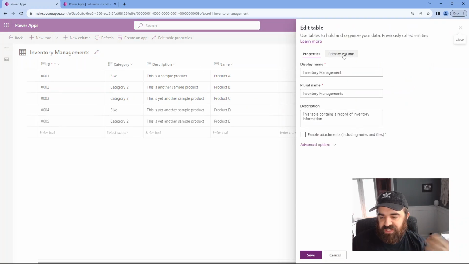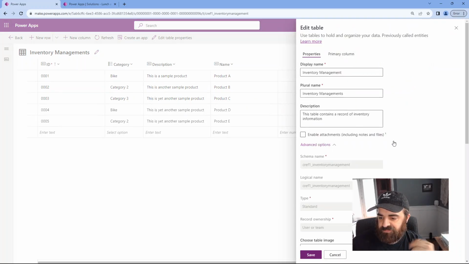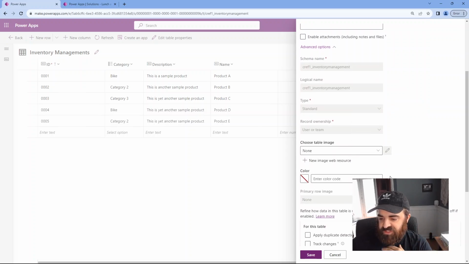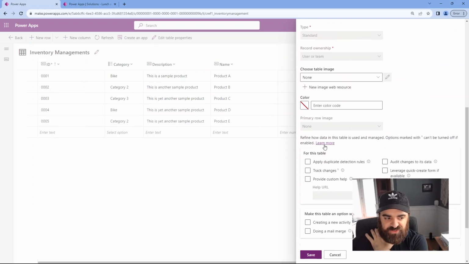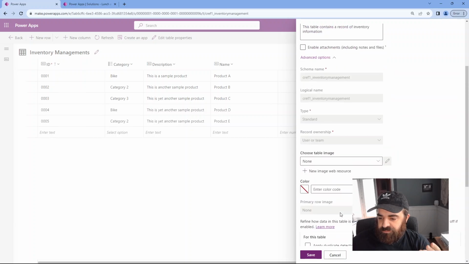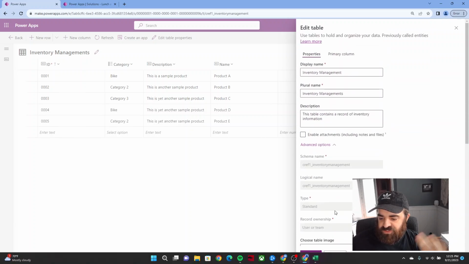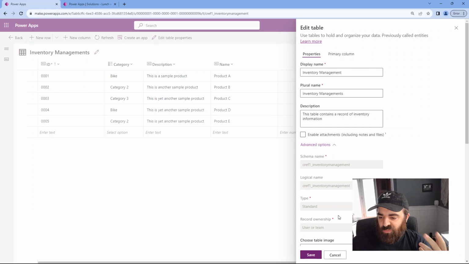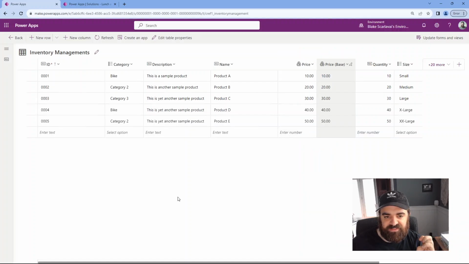And then we can also edit the columns here, or the advanced properties, extra settings, and whatnot that we typically have with a Dataverse table. So yeah, this is the Copilot way. The one issue is, it's actually a fairly big issue,